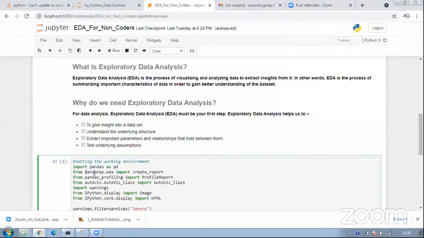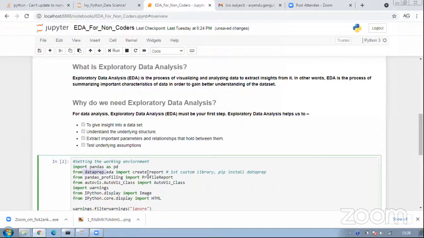So the libraries which we will be using is definitely DataPrep. So this is definitely the first custom library that we will be using. Okay, so you guys want to download it. To download it, follow the simple command of pip install dataprep. By this command you will be able to install this particular library.